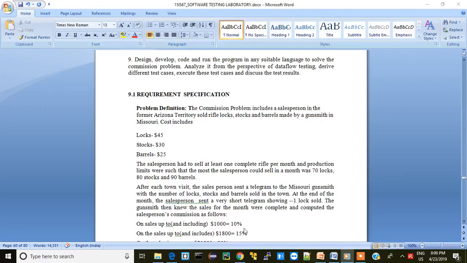Now coming to the last topic, that is, in the VTU syllabus, program number 9 is based on Dataflow testing, and for that we use the commission problem. The statement of the problem is as follows: design, develop code and run the program in any suitable language to solve the commission problem, analyze it from the perspective of Dataflow testing, derive different test cases, execute these test cases, and discuss the results. So the problem definition: the commission problem includes a salesperson in the former Arizona territory who sold